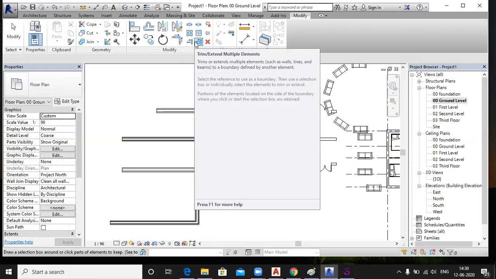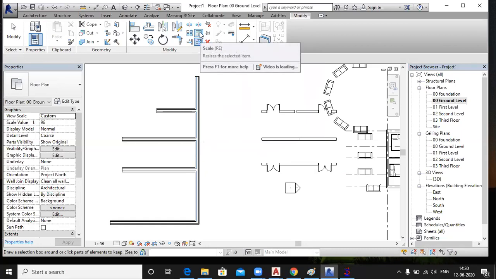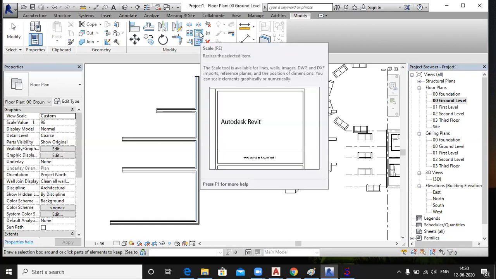Yes, sir. Okay. The next command is the scale command. Scale command means resizing your element. Resizing means you can enlarge or reduce the size of an object.